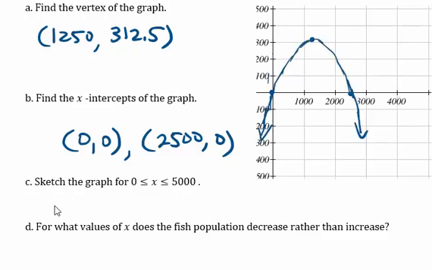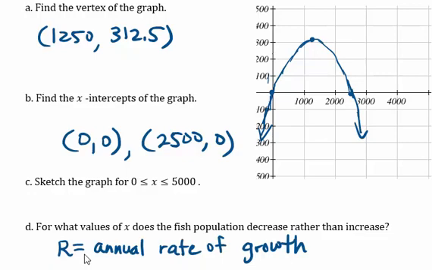In part D, it says, for what values of x does the fish population decrease rather than increase? R represents the annual rate of growth of this fish population, and so when the rate of growth is positive, the fish population is growing, and when the rate of growth is negative, the fish population is declining. And so we're looking for when the annual rate of growth is negative, and that would happen for these values of R that are